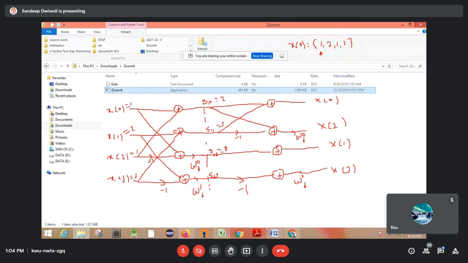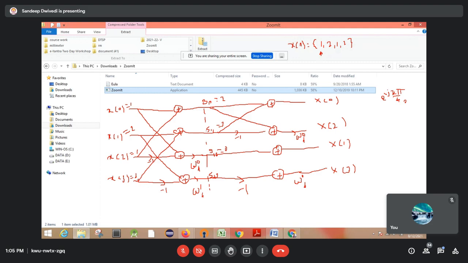Okay, so then the next one, the value of this will be W raised to power 1. It is a 4-point DFT, so you can calculate that W raised to power 1 means e raised to power minus j 2 pi divided by capital N. Capital N over here is 4. So this will be 1 by 2 simply into 1, so that will be pi by 2. So this is cos pi by 2 minus j sin pi by 2. So this will be simply minus j.